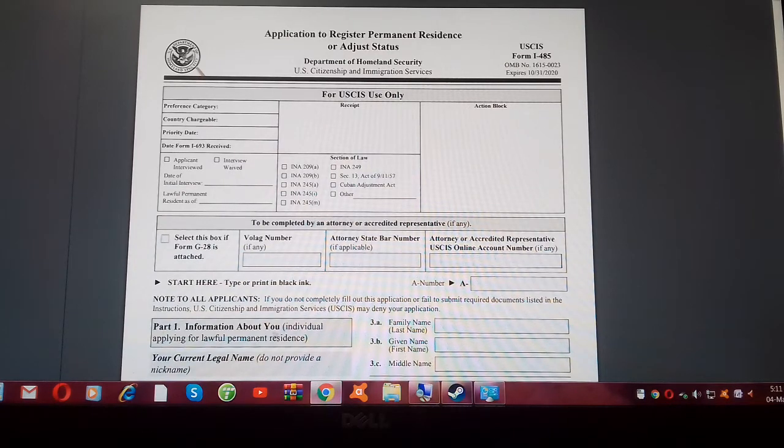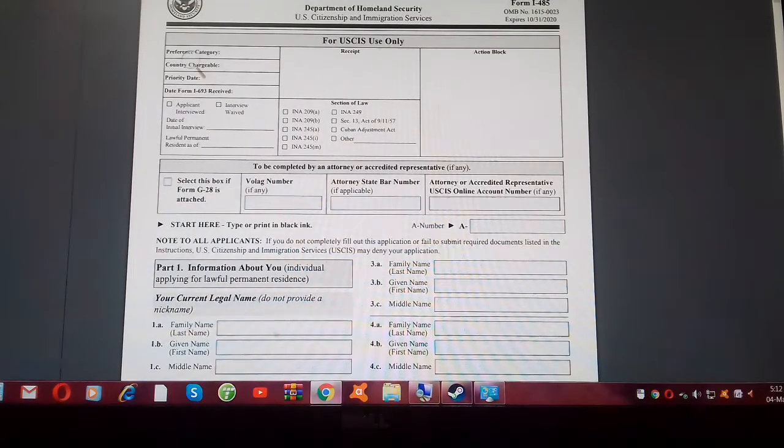Next one is the family based visa. For example, in a family there are 5 members and you are the eldest. Four members are living in India. You have been living for many years in the United States of America, and you are a green card holder, a PR holder. You can apply for your brother, your sister, your mother or father only after you get the PR. After you get the green card, only then can you apply for your family members, and you can apply for all your family members also. It is a slow process.